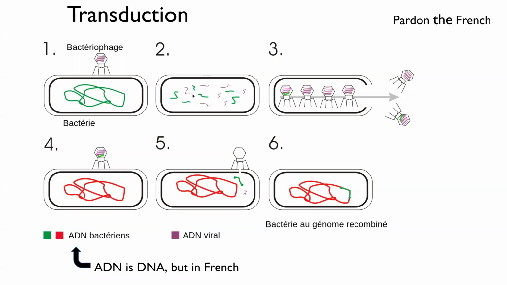Now, what ends up happening is it produces pieces of not only the virus's genome, but you can also see there's pieces of the host genome. And so what ends up happening about 1% of the time, as you produce new viruses, is a small portion of the host genome, in the green, is incorporated into the virus's genome here in purple. Now, once the virus kills the host, it escapes into the environment, and then the virus goes and infects another bacteria. So you can see this virus has its own genome, and then part of the bacteria's